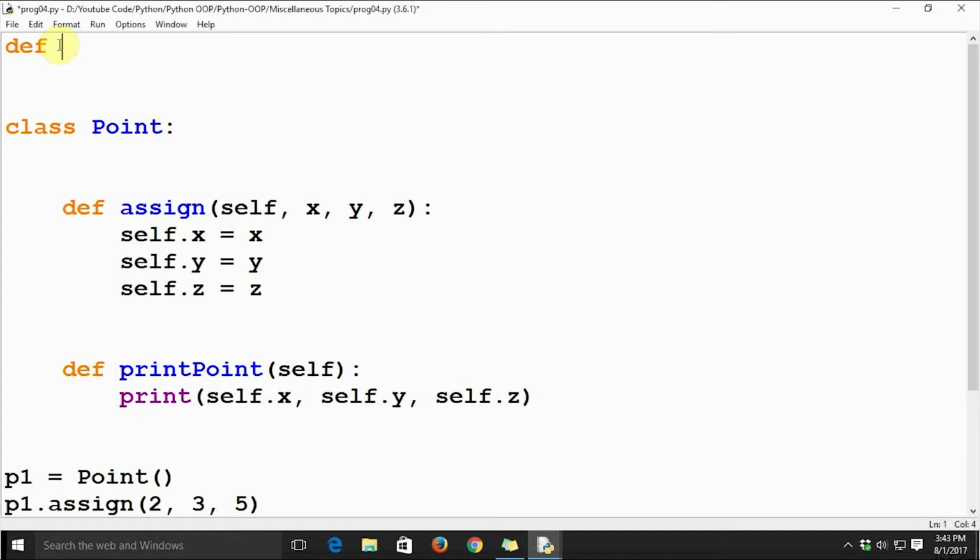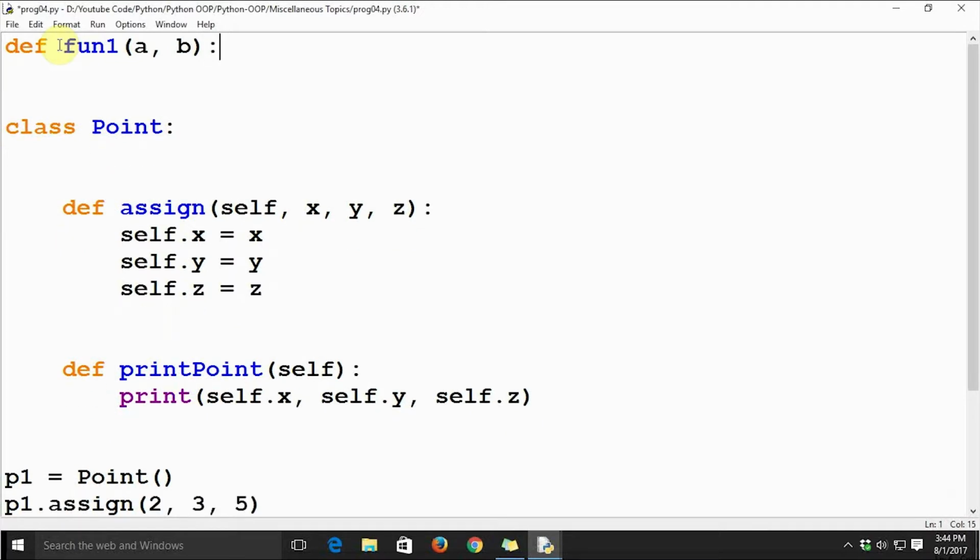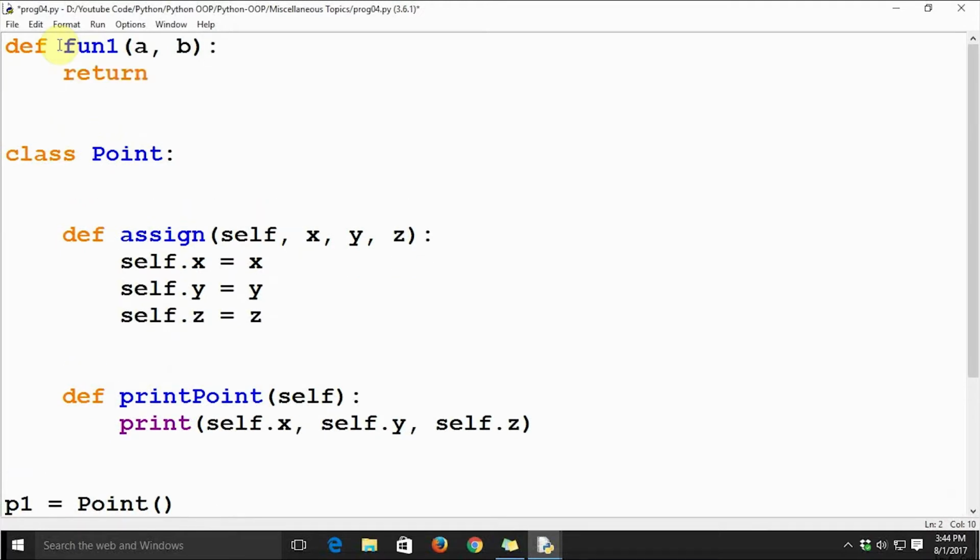So let's see: def fun1 of a, b, and return a plus b. So this is a function.